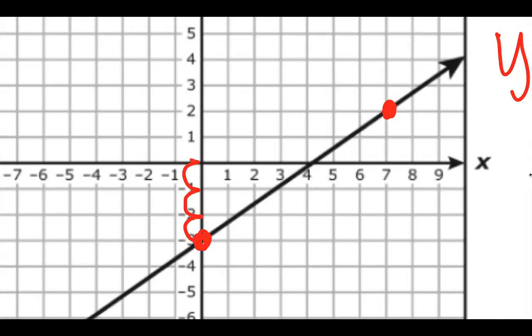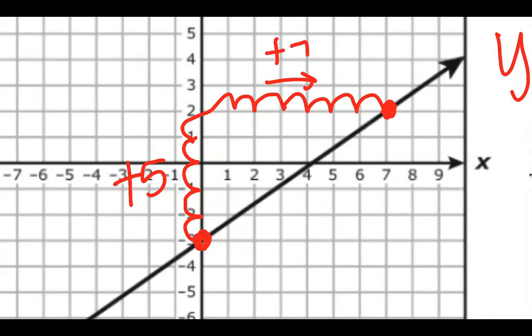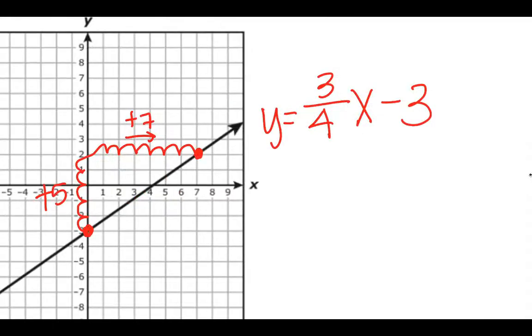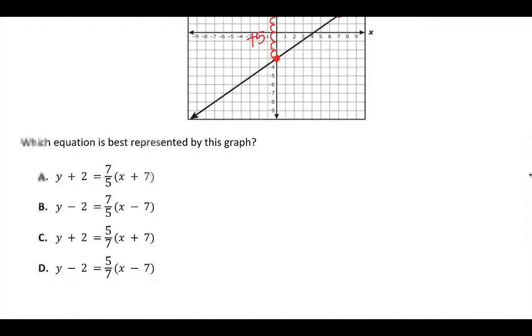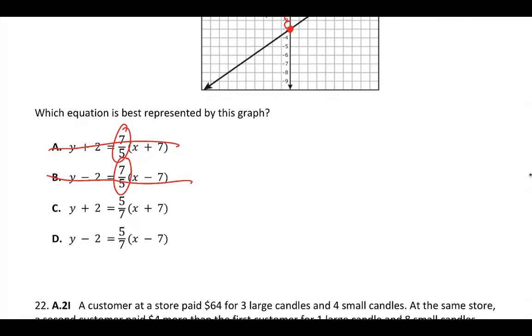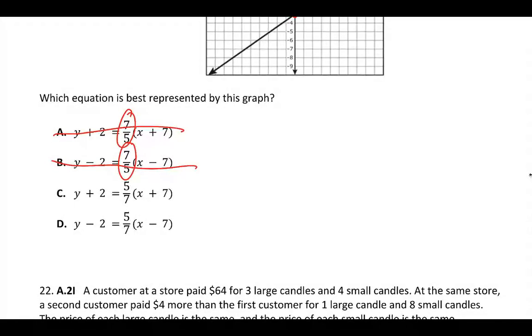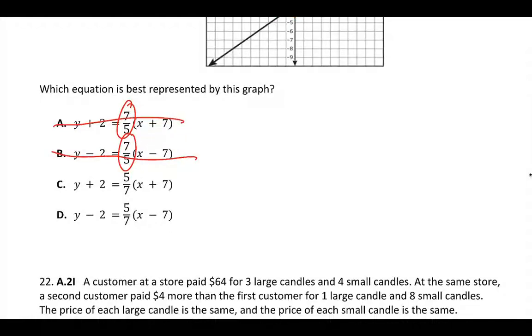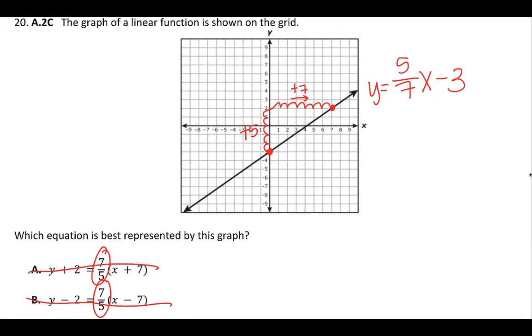1, 2, 3, 4, 5, up 5, and then over 1, 2, 3, 4, 5, 6, 7. That's better. So this should be 5 over 7. So automatically I know I need 5 over 7. This is 7 over 5, so these are out. The other two you can solve for y, and solve it all out and stuff, and see which one equals that. Or